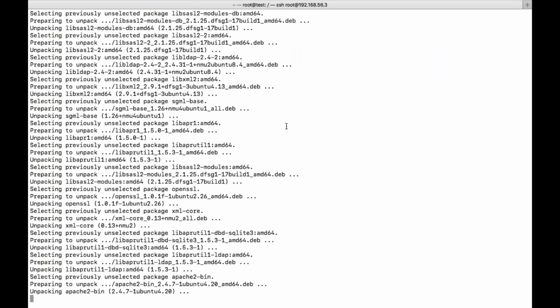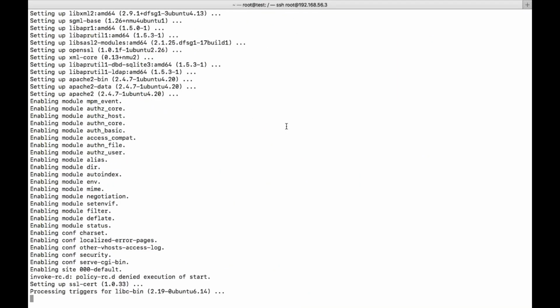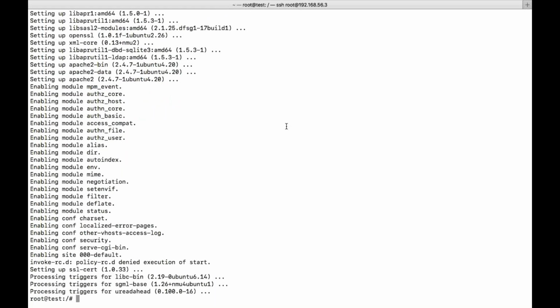How the IP address for this container is assigned, I will tell you. That is what we need to discuss today.